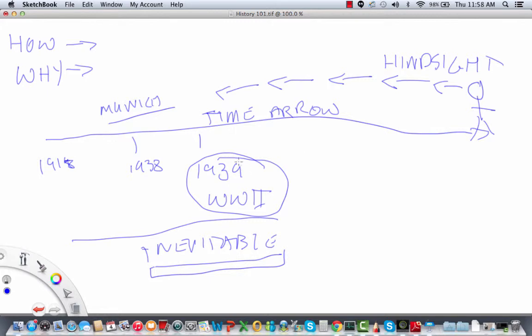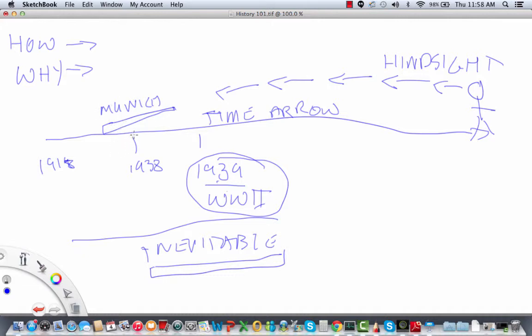Now, for many of us, knowing that 1939 is the unleashing of Hitler's war in Poland and the start of World War II, we'll go, well, it was inevitable that they would fail at Munich because World War II happens. Munich will not stop Hitler from starting a war against essentially the planet, but starting mainly in Europe. So that inevitability starts to color our judgment. And Munich is a highly controversial issue,